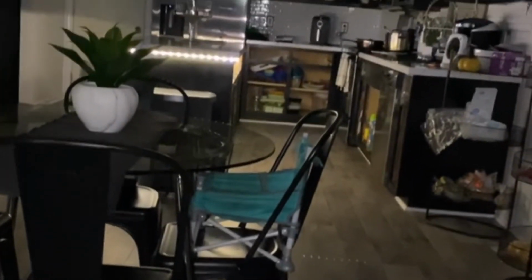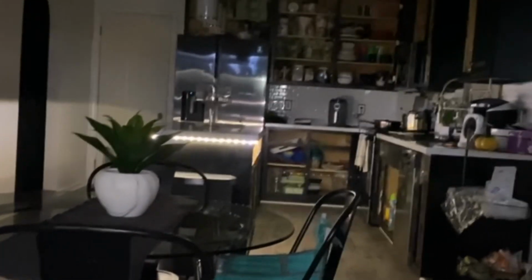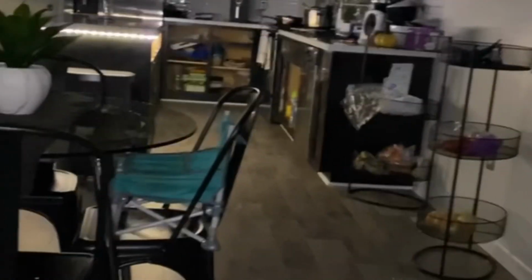Kitchen looks dumb. Every time I try to take a good picture of it, these cabinets. The floor looks so